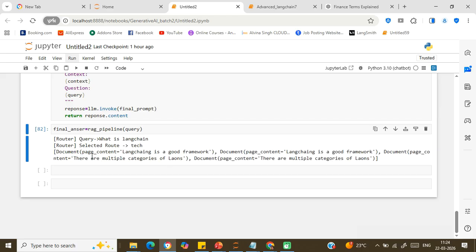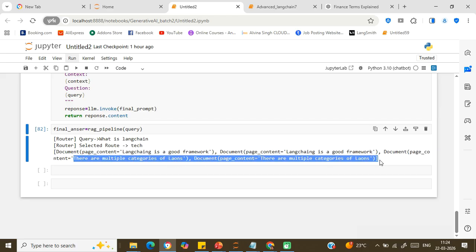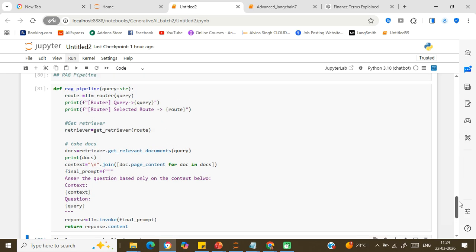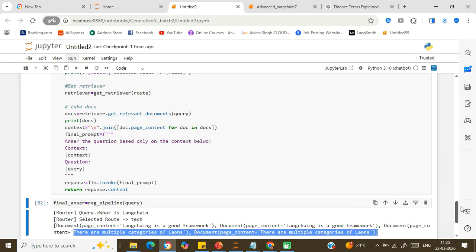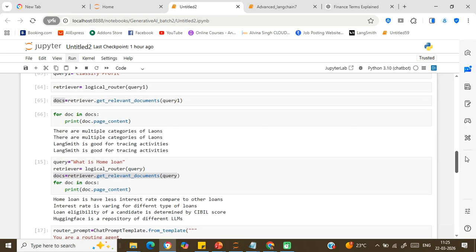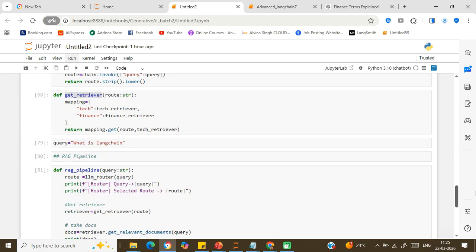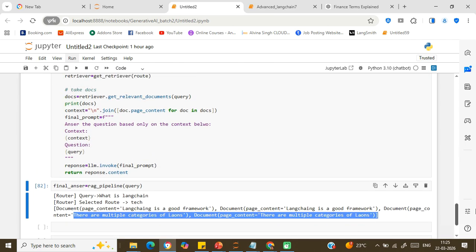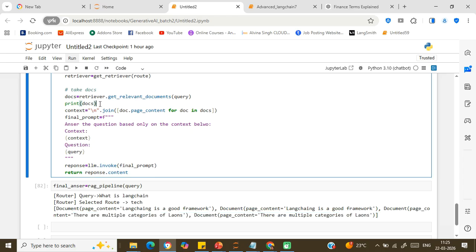There are multiple categories of loans. Something weird is happening over here. So documents are there, print docs, then context is